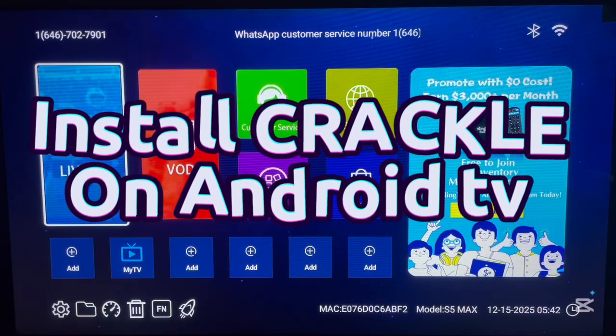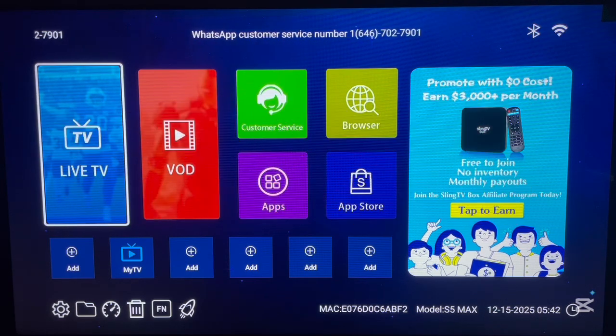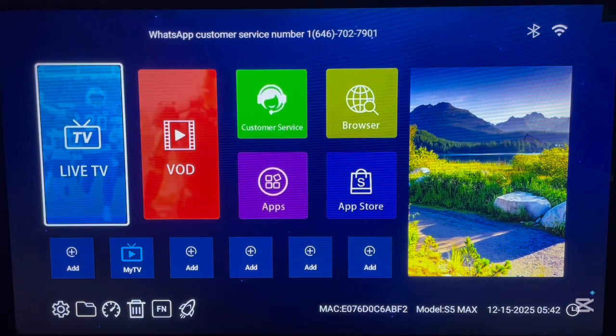In this video, I'm going to show you how to install Crackle app on your Android TV without using Play